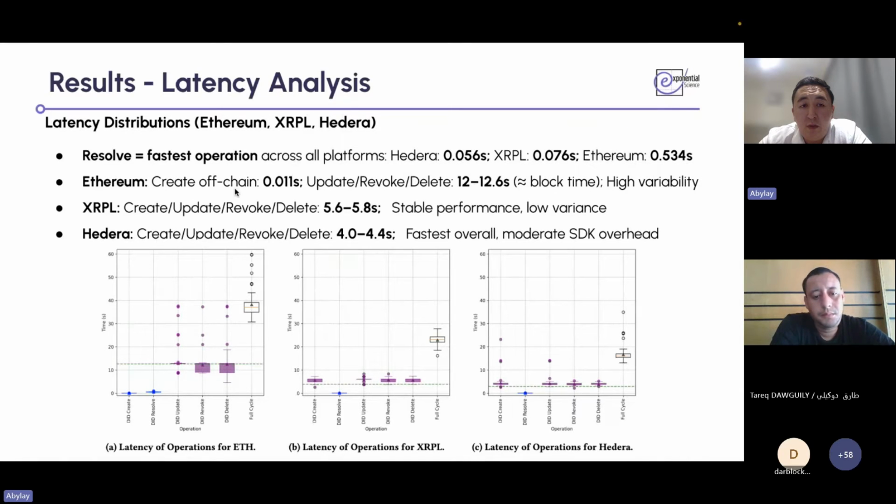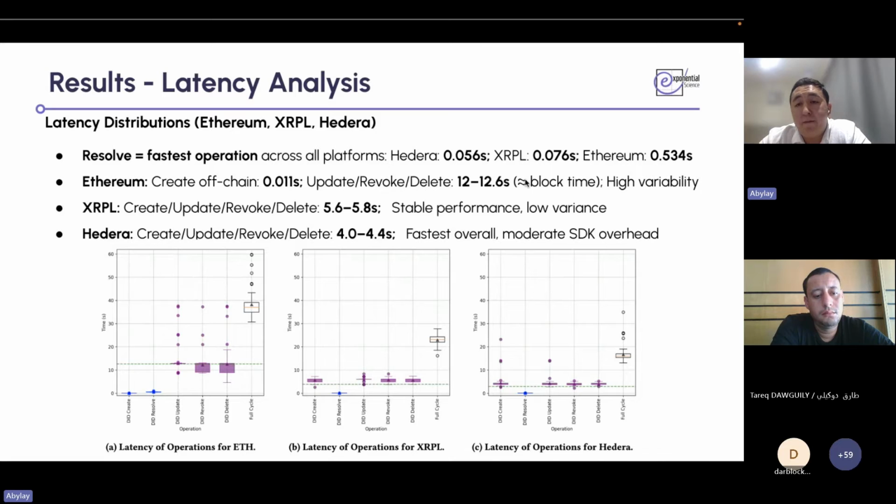For Ethereum, the create operation is also off-chain, so you don't have to interact with the smart contract, and that's why for DID create, Ethereum is the fastest. But for update, revoke, and delete, it's in the range of 12 seconds,